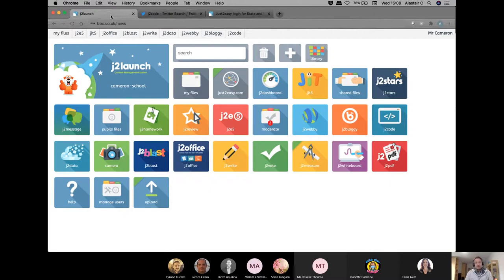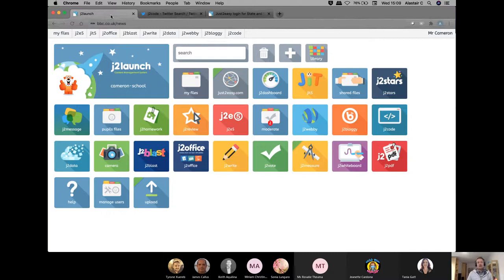Okay, so once you're in, just a little reminder, one of the benefits of using J2E to support everything that you are doing in J2Code is that everything the students create automatically gets saved into their own My Files area.